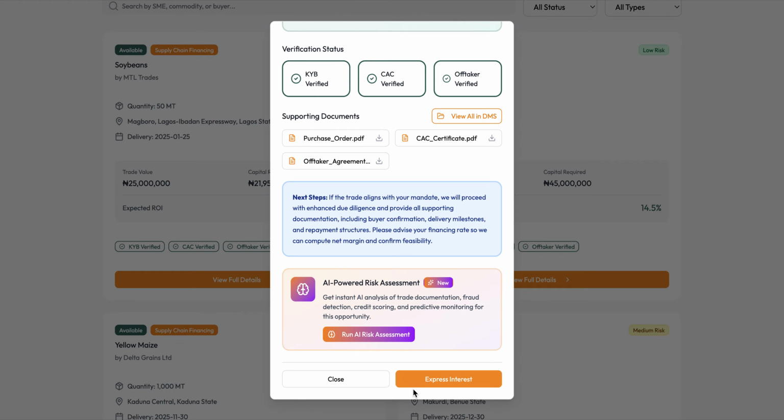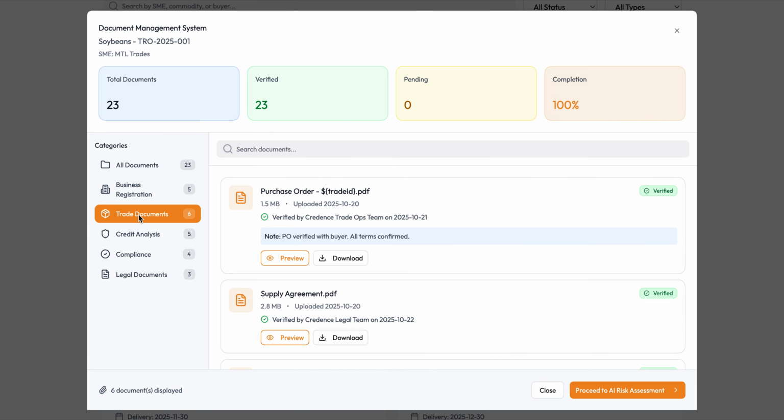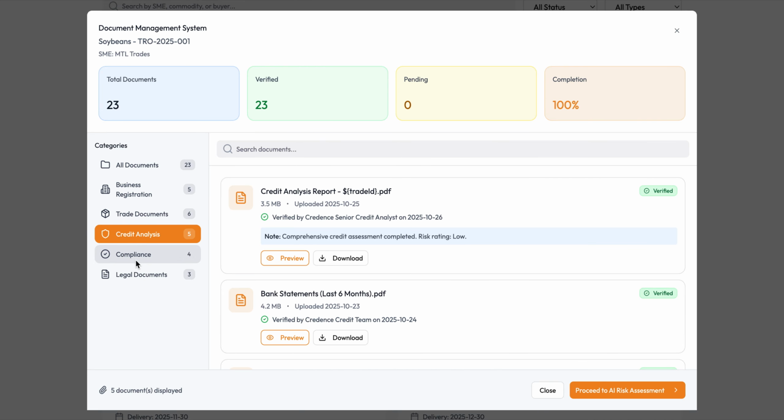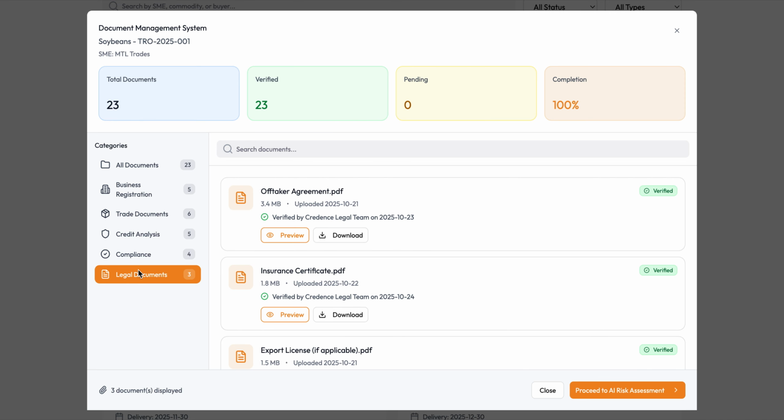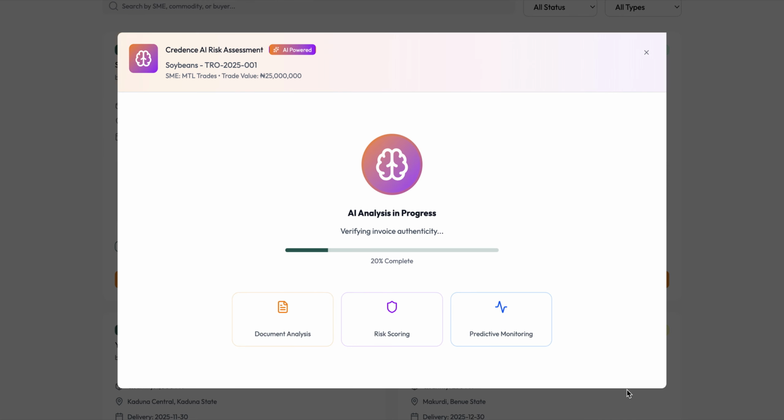Now, should you want to express interest, you get access to a document management system that has been consolidated by Credence. You see visibility into every document required for you to make an informed decision, such as trade documents, a trade analysis report, a compliance report, a legal and compliance report, all documented by Credence. One beautiful thing about what we've done is we've also compressed this to also make